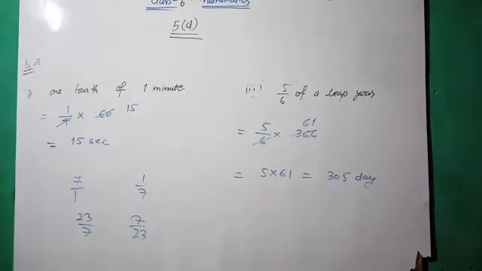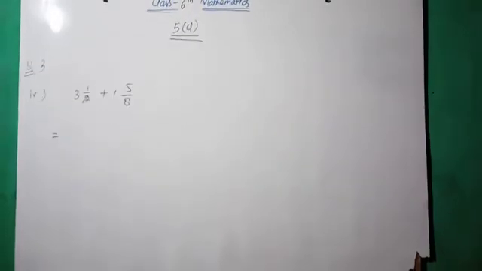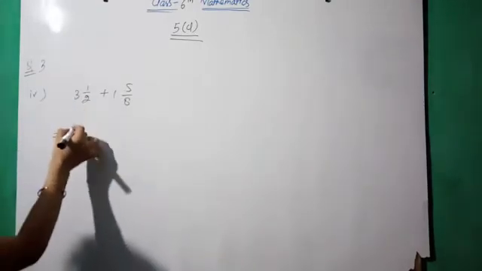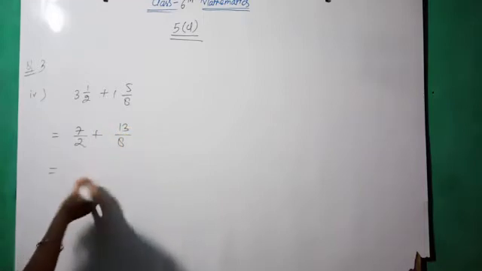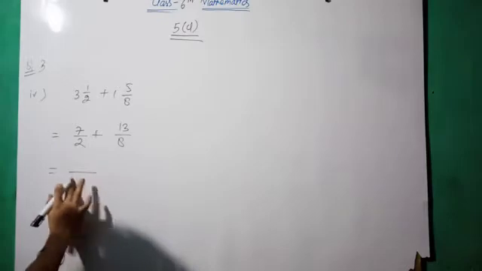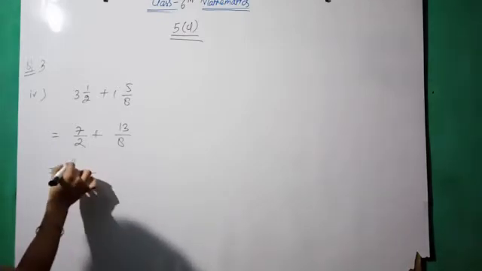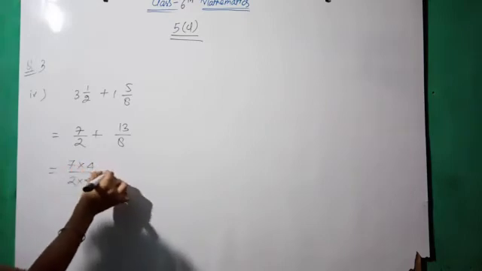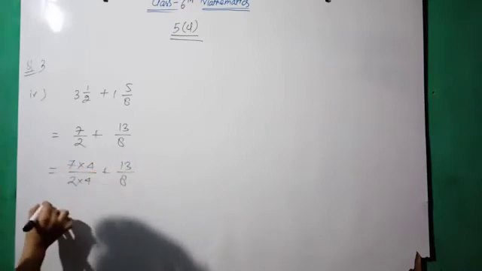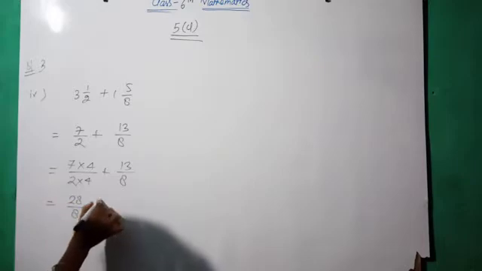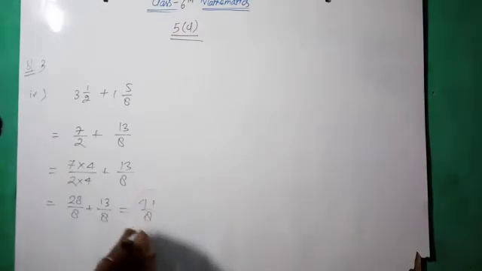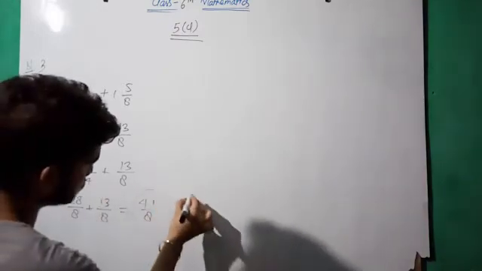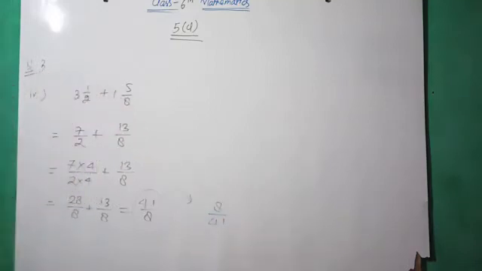For the next term, you have to first add. We will discuss this. First of all, we have to simplify this. 3 twos are 6 plus 1 is 7 by 2, plus 8 plus 5 is 13 upon 8. Then we have to add. For adding we have to take the LCM. LCM is 8 because 8 is a multiple of both 2 and 4. So we multiply 7 by 4, which is 28, plus 13 upon 8. So 28 plus 13 is 41 upon 8. 41 upon 8 is the number, and we have to find the reciprocal of this number. That is 8 upon 41.